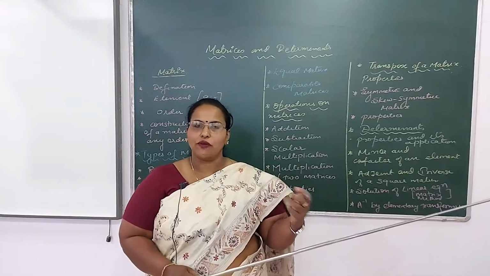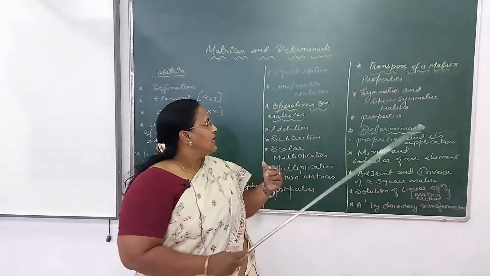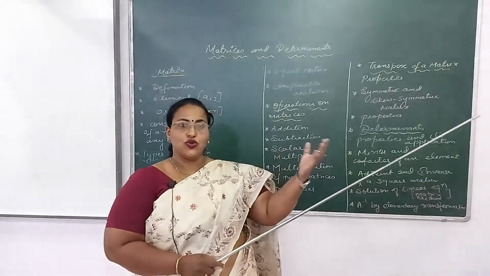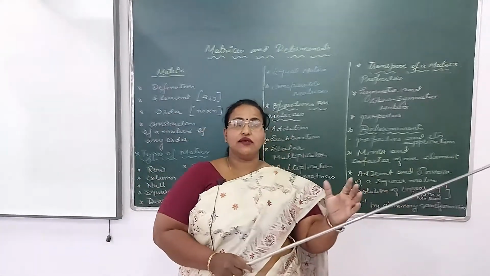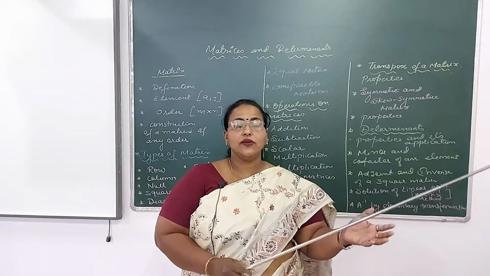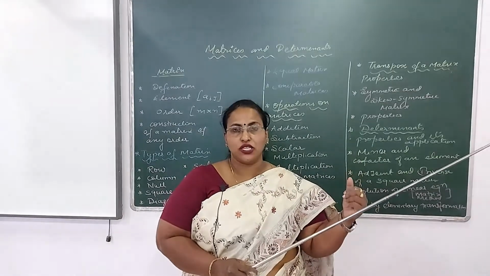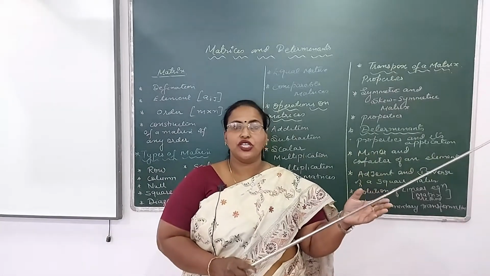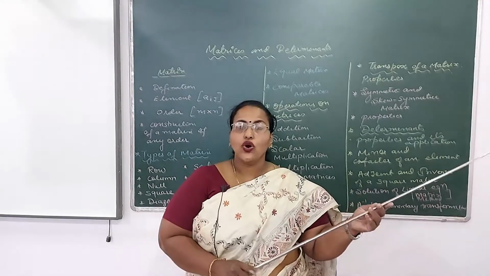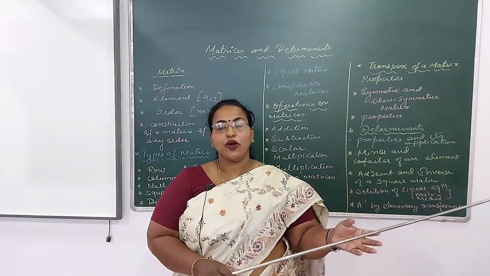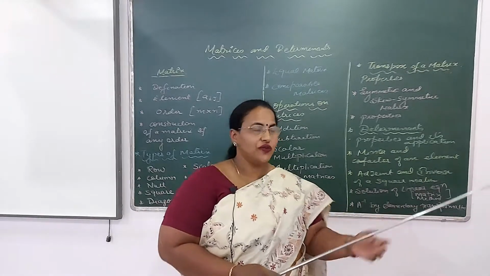That is how we can obtain the transpose. Then properties based on transpose, like A transpose whole transpose is A. K times A whole transpose is K into A transpose. A plus B whole transpose is A transpose plus B transpose. A into B whole transpose is B transpose into A transpose. So all these are important properties. Often you will be getting all these properties for verifications also.